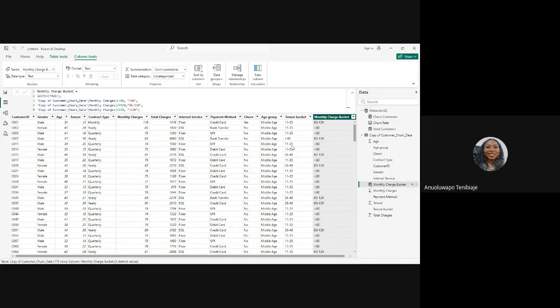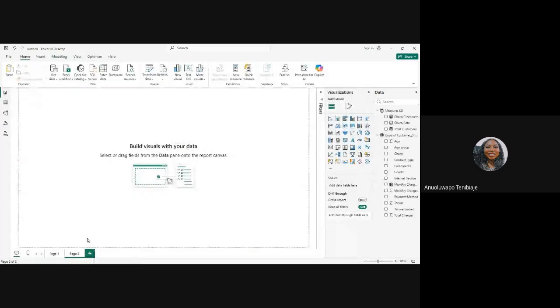So what we can do now is to just go into building, right? So we are going to create our KPIs and our visuals. Like I said, I've already created the churn customers, then the churn rate and total customers. Those are our very important KPIs, right? So these are our visualization